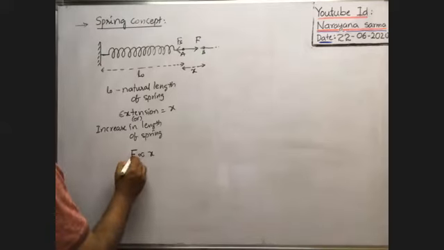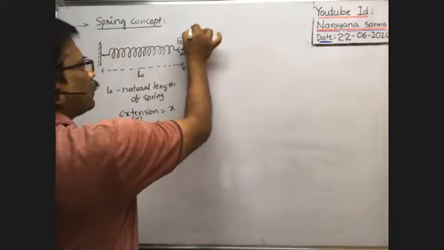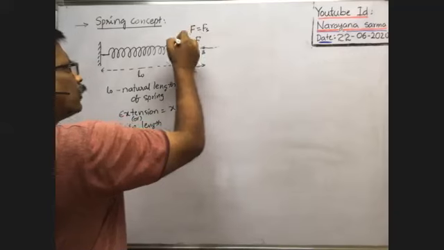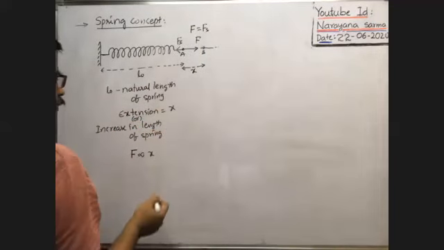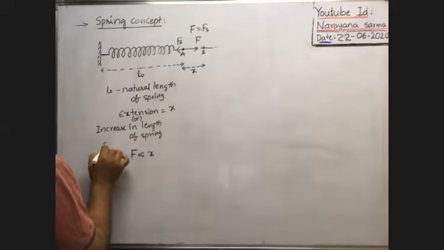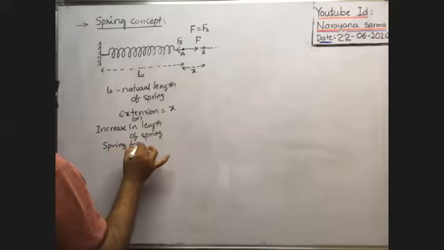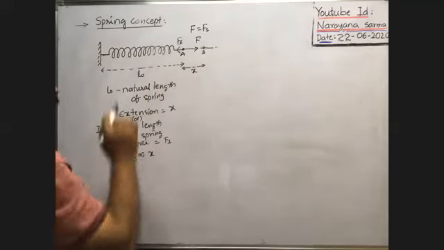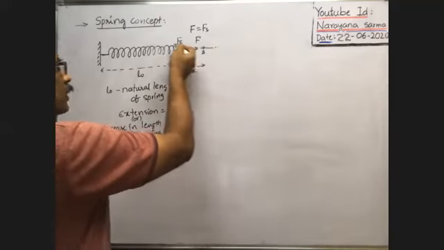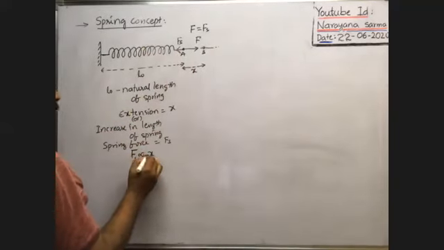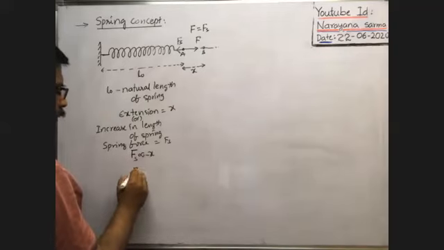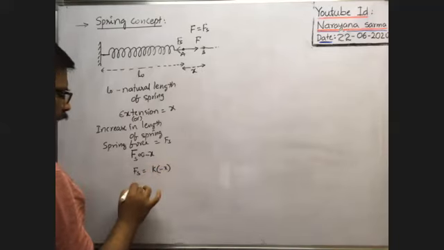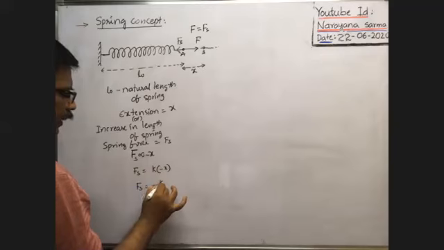Or the spring force. Of course here F is equal to Fs. Whatever force is applied on the spring, the same amount of spring force is developed. That spring force is, say, Fs. The spring force developed in the spring is directly proportional to extension. When extension is more, spring force is also more, but both are in opposite direction. That's why you have to put a minus sign. Or Fs is equal to some proportionality constant k into minus x, or spring force developed is equal to minus k into x.